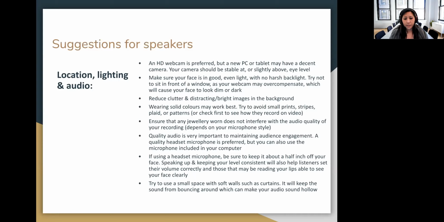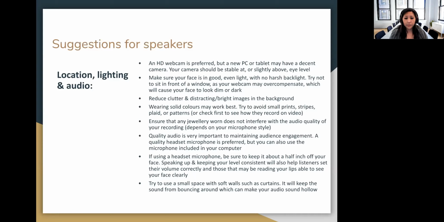Reducing clutter, so that's where virtual backgrounds are excellent. You can have all kinds of virtual backgrounds. In Zoom, you can also have animated virtual backgrounds, so I'm sure you can do some interesting things there. Wearing solid colors, I feel like it's also personal preference, and it's just a case of seeing how it transmits to the camera and whether there's anything that is strobing, but I don't know if webcams have the same problem as TV cameras.